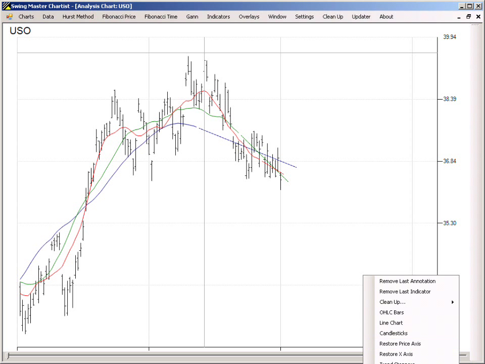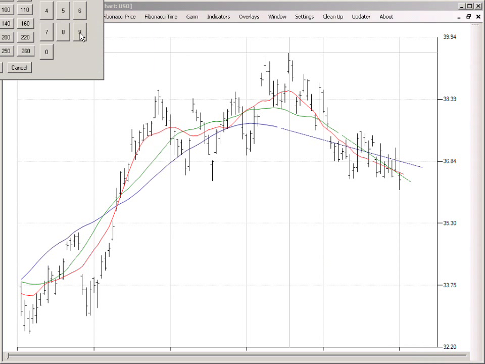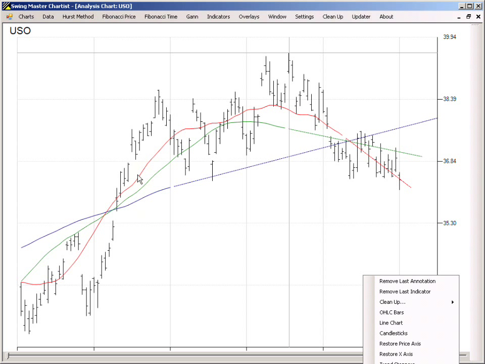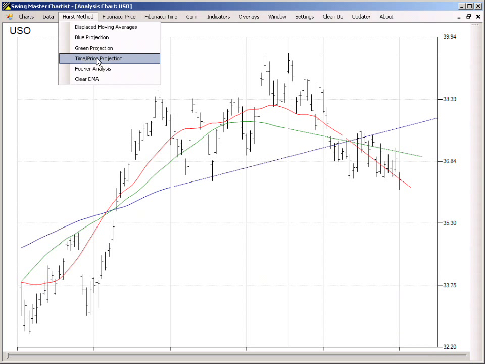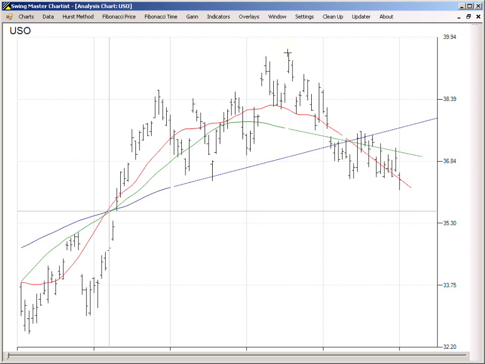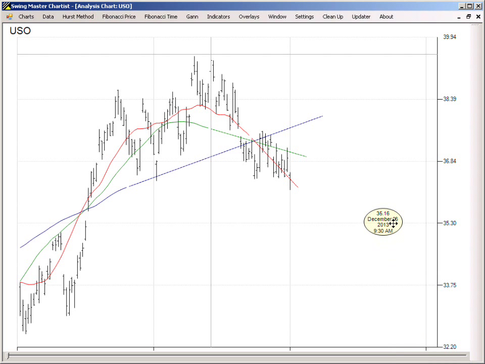Let's remove all of these. We'll clean up and restore the price axis. And you do this for different periods. Just go back, what did we say, 64 and 120. So we'll do the 120 period and go through the same process. I usually go right to the time price projection. We have an intersection here. Follow it back to the last one. Click the intervening high or low. And we get a price, date, and time